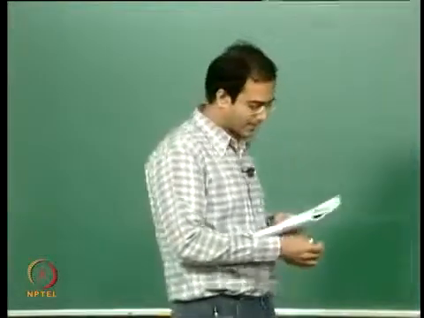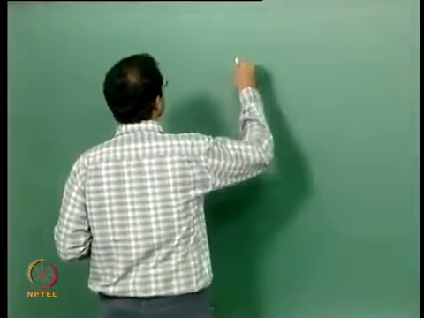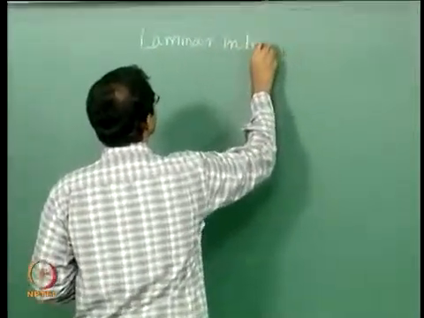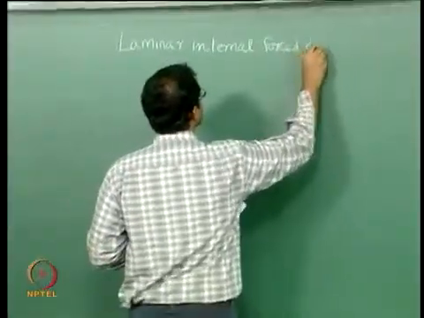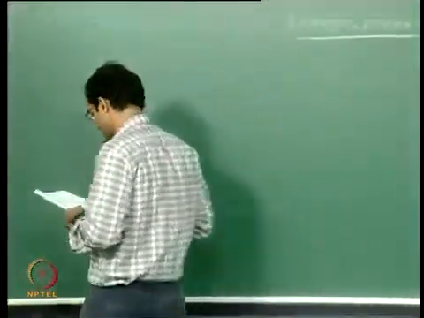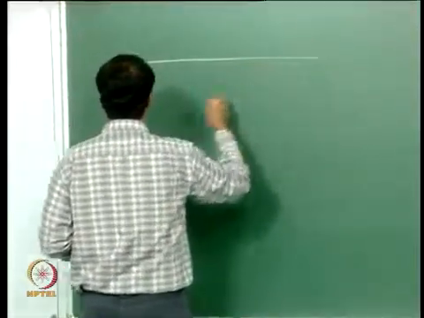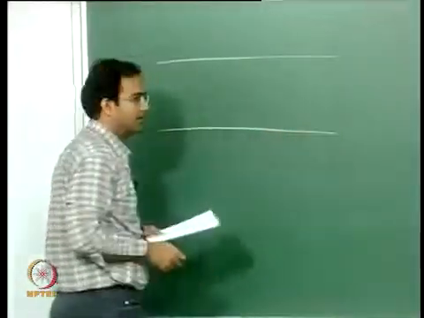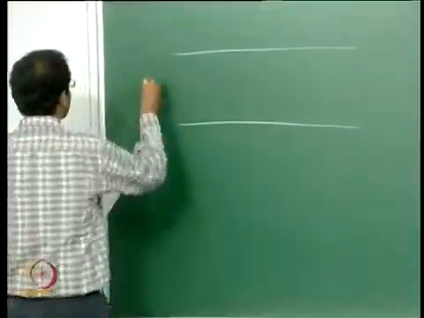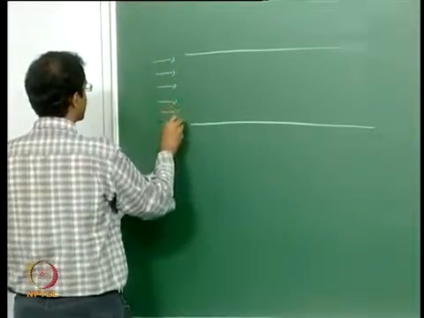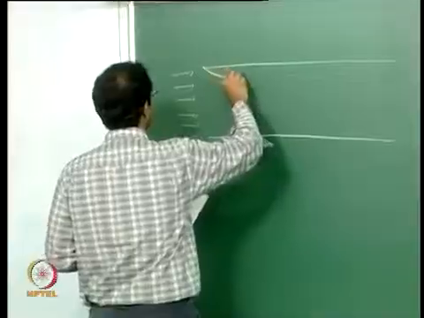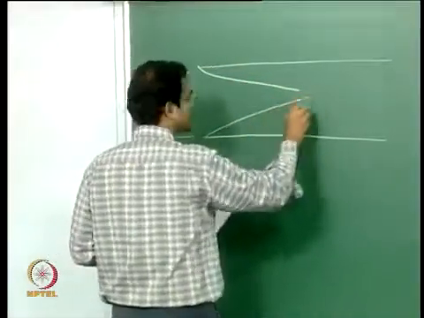Before doing that, let me give you an overview of laminar internal forced convection. Classically I would like to illustrate internal flow by means of flow between two parallel plates, or you can take a sectional view of a duct and look at how the flow pattern is. Here, when the flow enters the inlet of the duct, you have a uniform velocity across the cross section, and then you see a boundary layer growth from, say, the two walls of the duct like this,